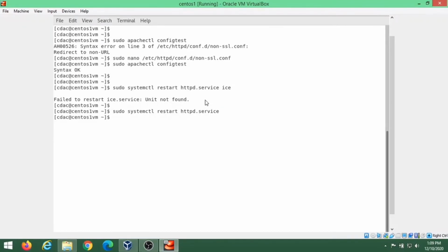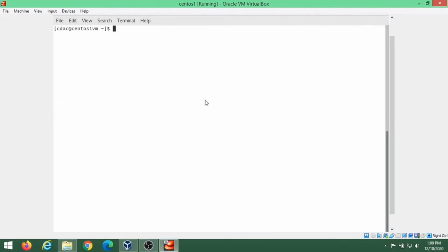Next, make sure ports 80 and 443 are open in your firewall. If you have a firewall running, you can open these ports. We'll give the command sudo firewall-cmd --add-service=http.